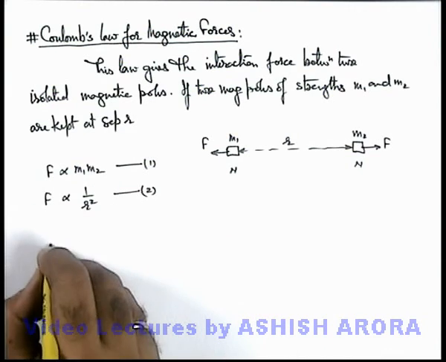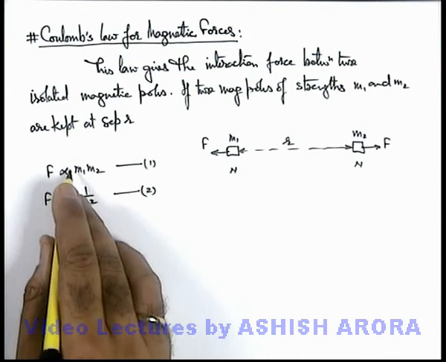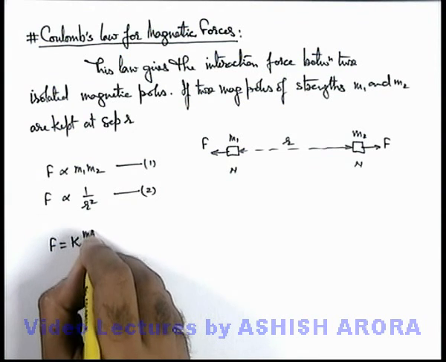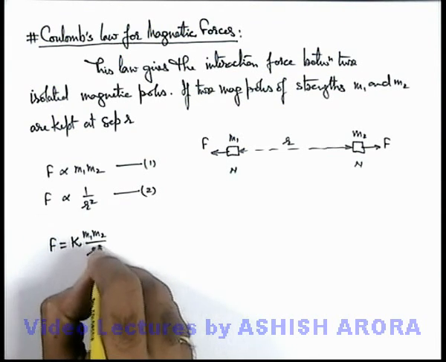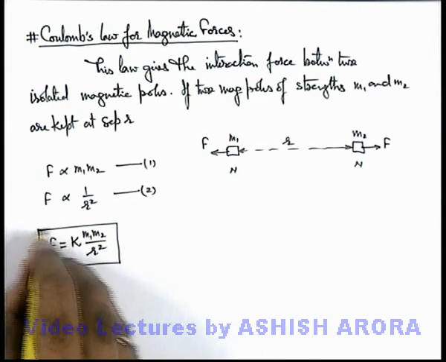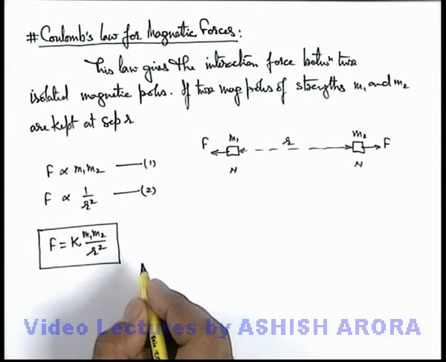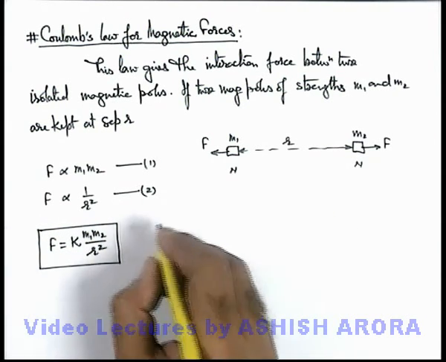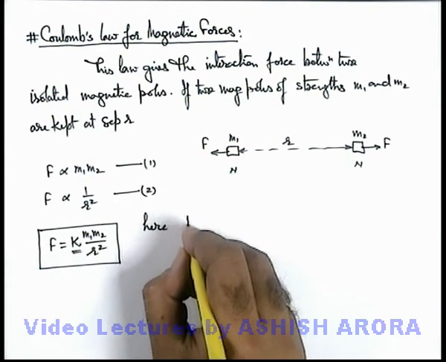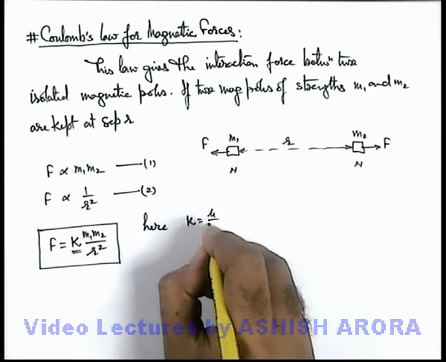And combining the two, we can write, including a proportionality constant K, K M1 M2 by R square. Now this is the expression for Coulomb's law for magnetic poles, and here this K, the proportionality constant, we write as mu by 4 pi,